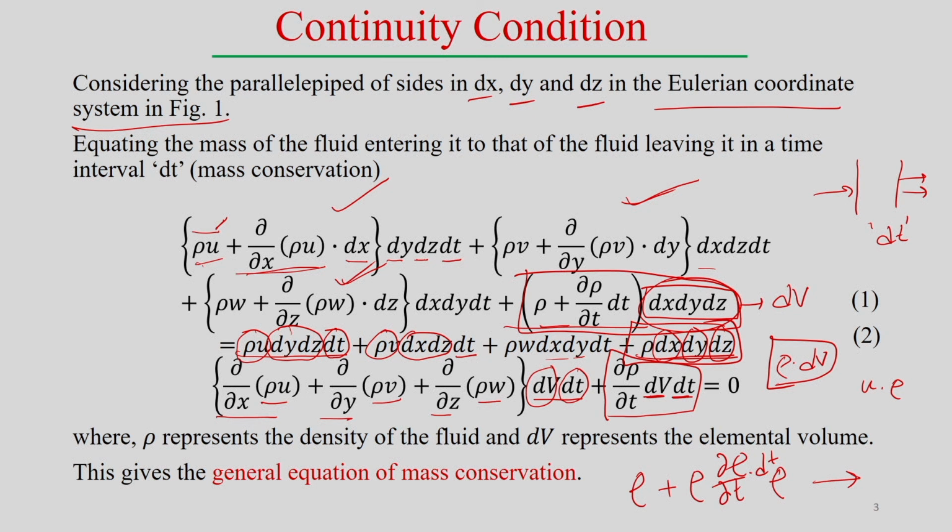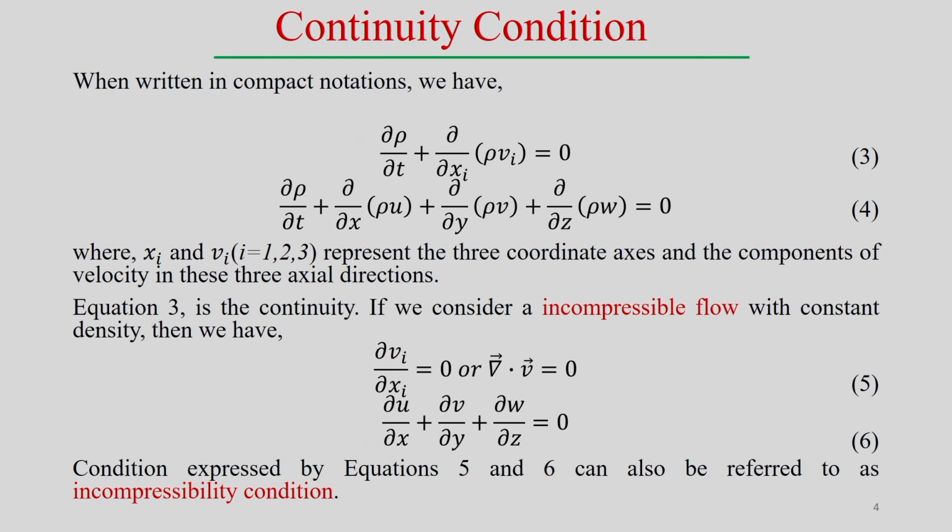conservation. But if we take one particular element, or maybe the control volume also, what is entering and what is going out, or what remains inside or is changing, looking into all these aspects we can follow the mass conservation equation. Then in the compact form of the notation we can find del rho by del t plus del by del x i of rho v i, where i equals 1, 2, 3. So, that means x 1, x 2, x 3 or x, y, z.